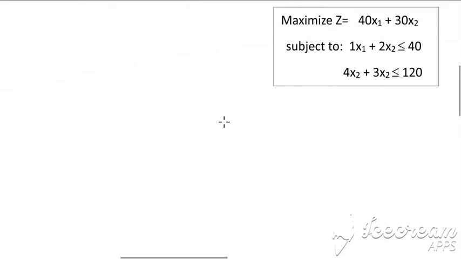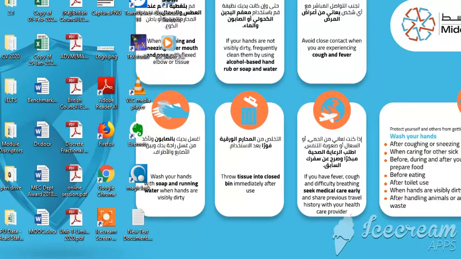Today we'll see one more example of solving a linear programming problem by using graphical method. So this is the question that we have to solve by using graphical method. Here, instead of using the variable x and y, we have used the variable x1 and x2. Okay, so as usual, we will start by